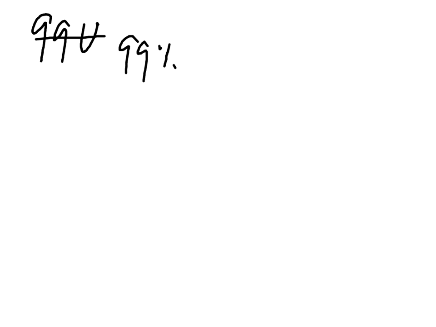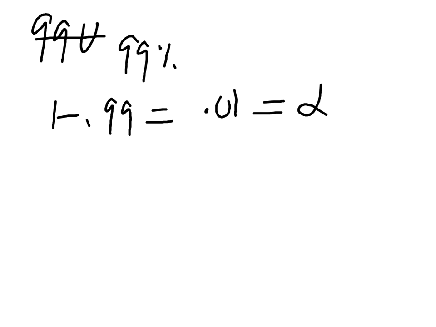Now, what if we wanted the 99% confidence interval? We wanted to be 99% confident of where our true mean lies. Well, we would go 1 minus 0.99, and that would give us 0.01, and that is our alpha. That's the area that will be cut into the two tails. So the 99% confidence level is the same as an alpha of 0.01, and then the amount of area in each